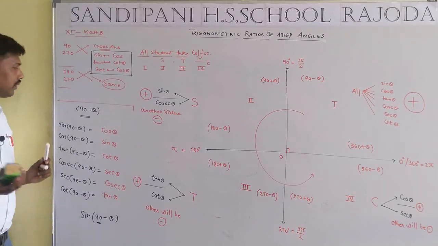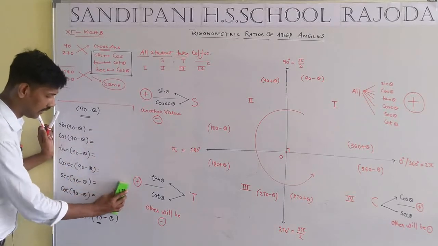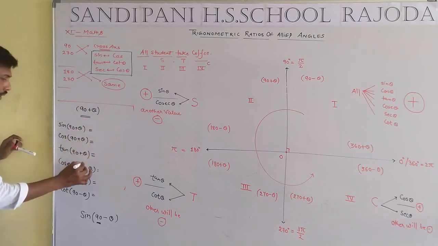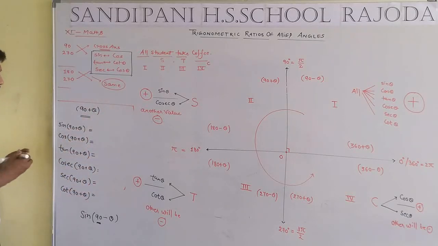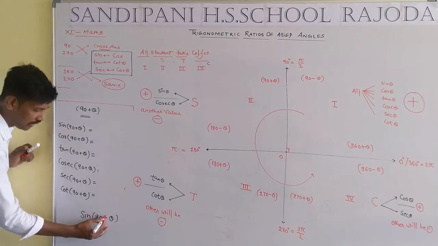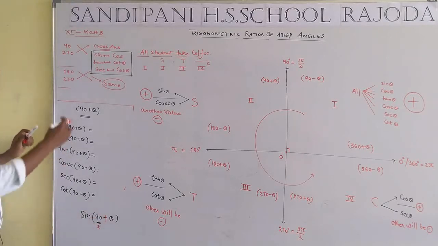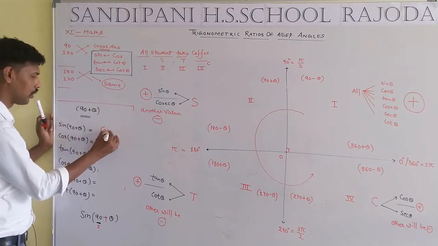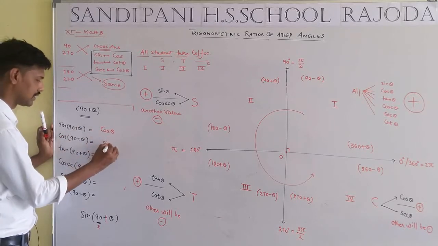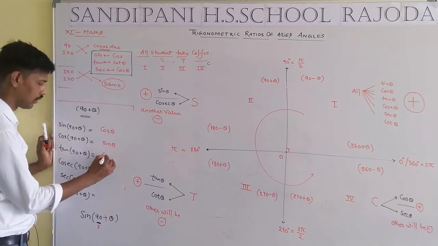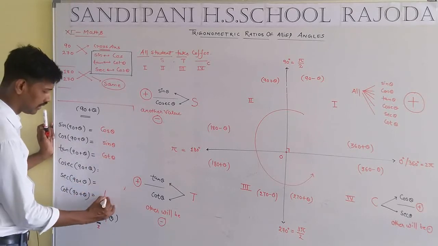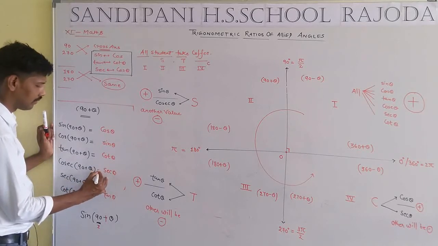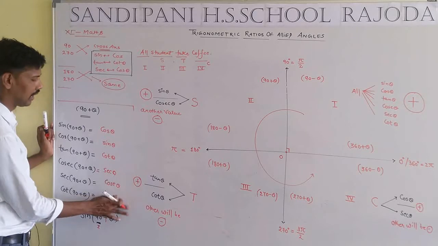Now I am going to 90 plus theta. 90 plus theta, students. Where is 90 plus theta? Firstly focus on the 90. What is the proper message by 90? That means a cross answer. In the case of sin, we get cos. In the case of cos, we get sin. In the case of tan, we get cot. In the case of cot, we get tan theta. Cosec will be equivalent to sec theta and sec theta will be equivalent to cosec theta.